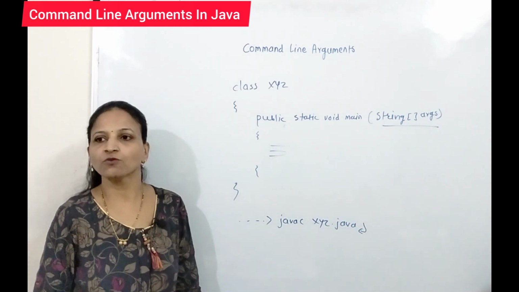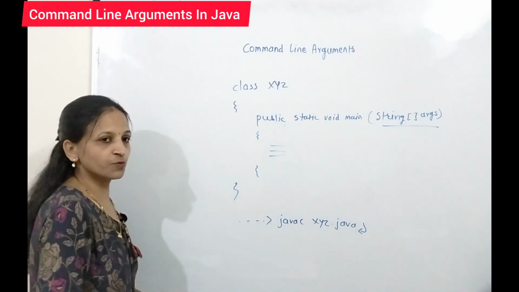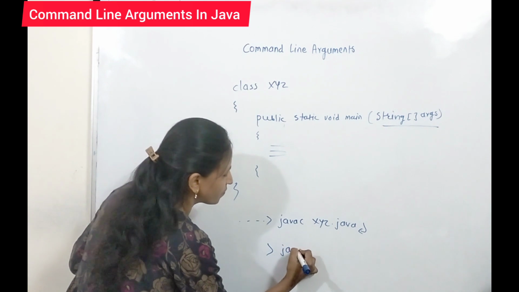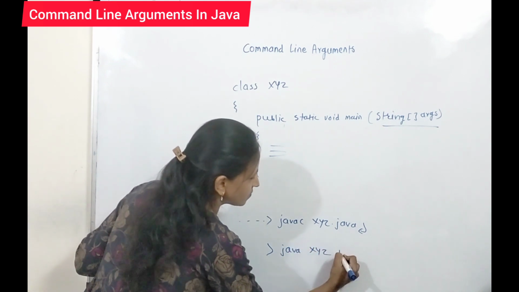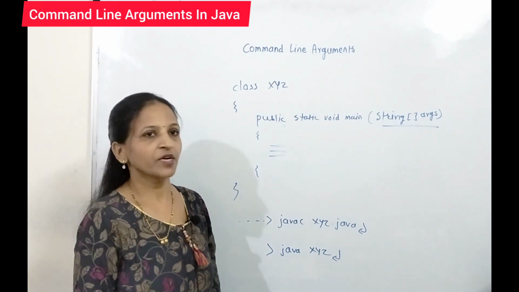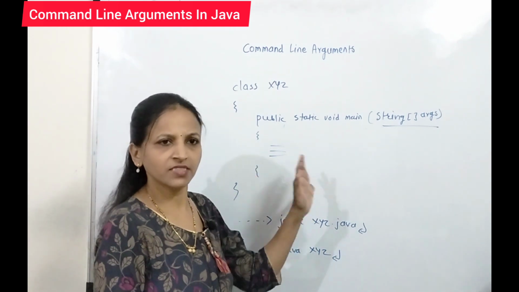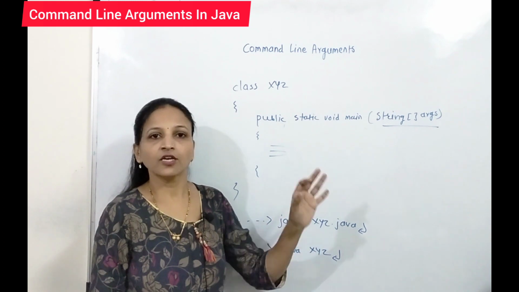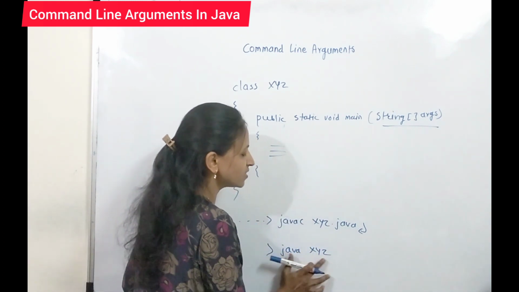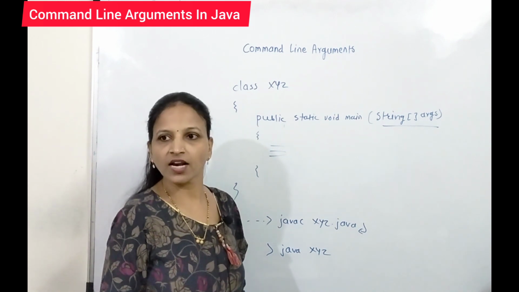After compilation we have to run this program. Normally up to this point we run it like this: we only write java xyz. Here we are not passing any argument to main. If you want to pass any argument to this main, then after this xyz, which is nothing but the name of that class file,